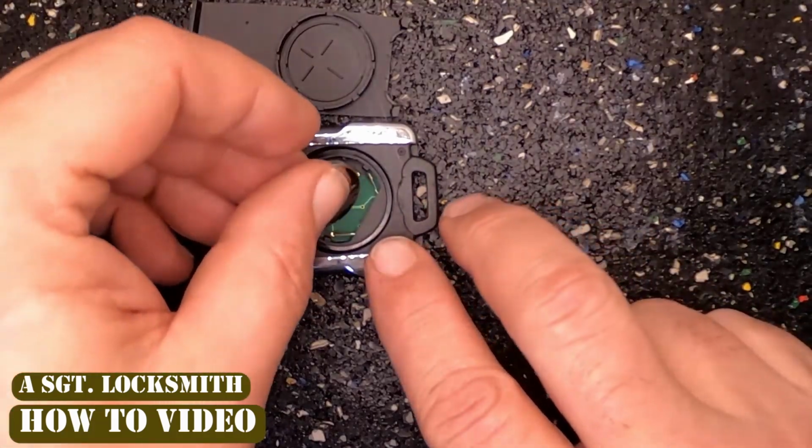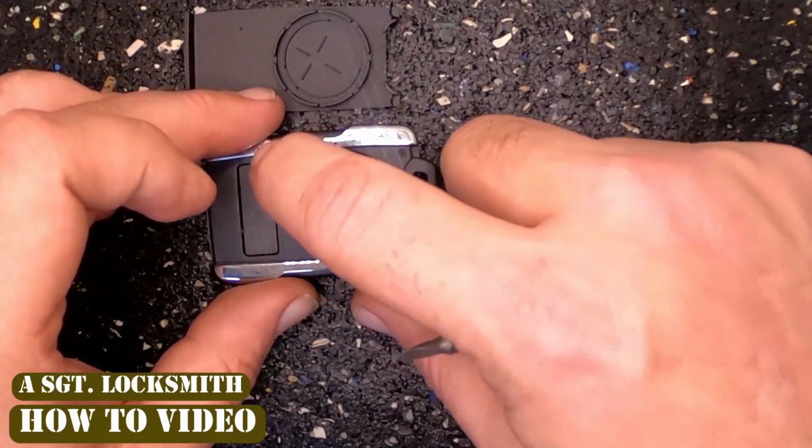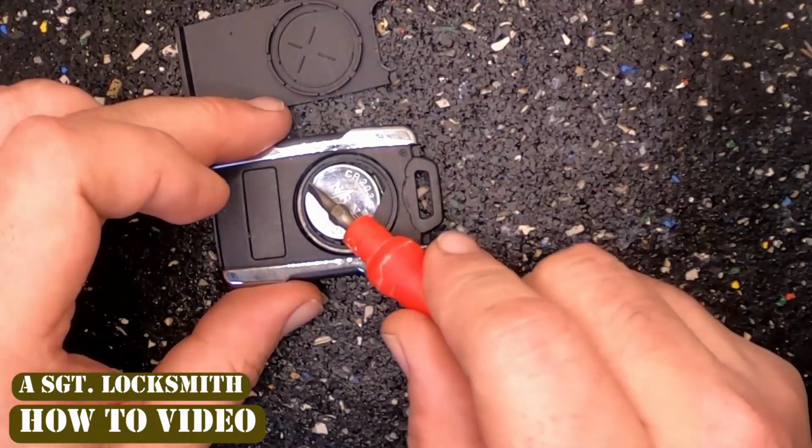To reinstall it, we'll reverse the process, set it down like such, pull into that little pocket. Once it does, push down, then push back, because what you're doing is getting it under there, which holds it